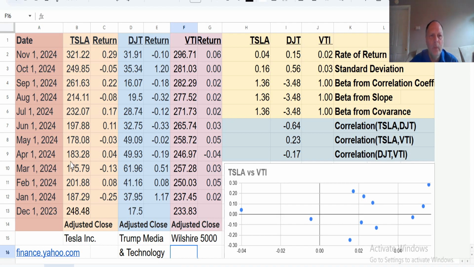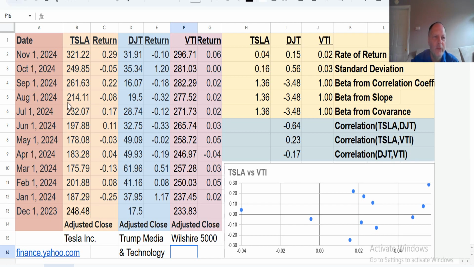In this video, we'll use data related to three stocks: Tesla Incorporated, Trump Media and Technology Corp, and VTI, which is the Vanguard proxy for the Wilshire 5000, the most diverse U.S. stock market proxy,